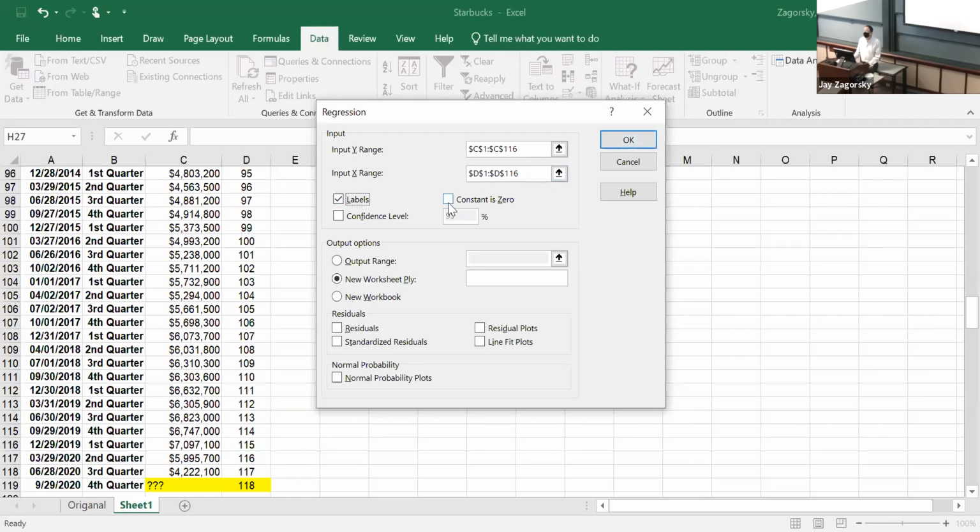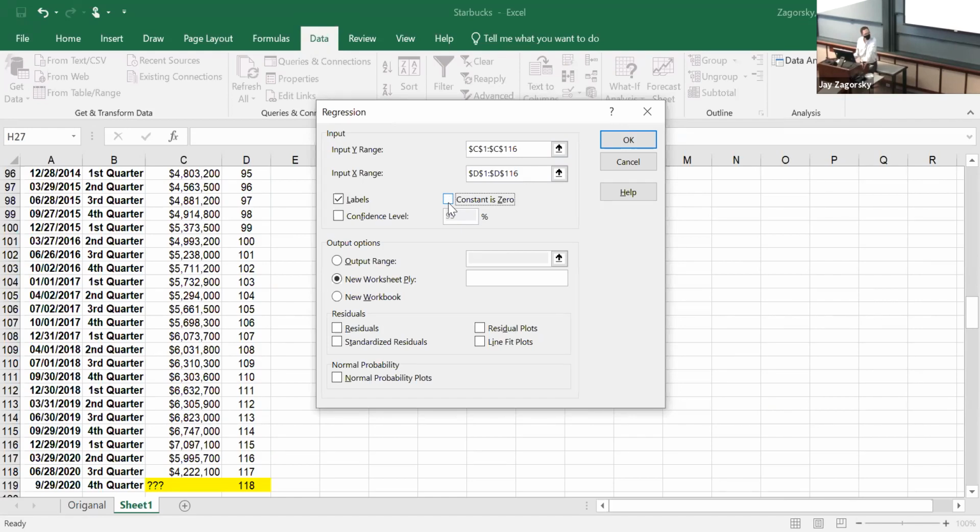If I pick constant is 0, what does that say? The data start in 1991. If I pick constant is 0, don't do it, but what it says is Starbucks sales in the first quarter of 1991 were nothing. I believe Starbucks had sales in 1991.